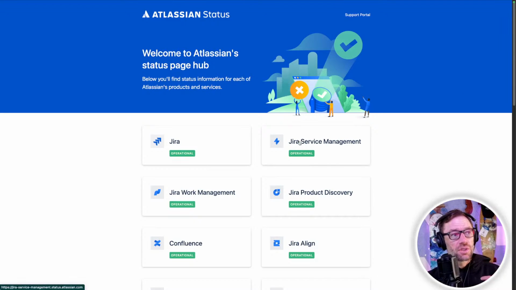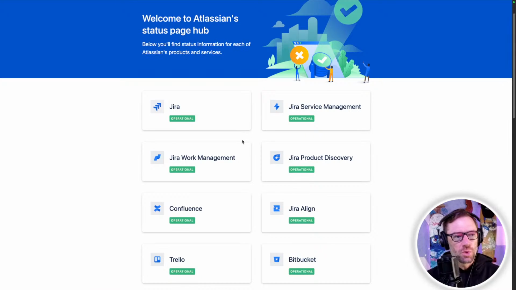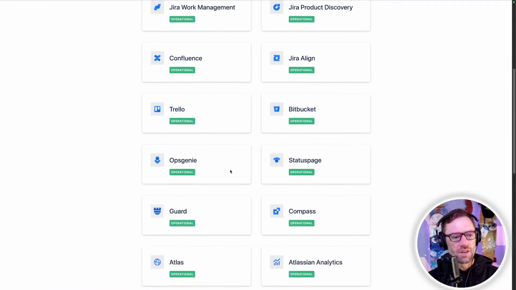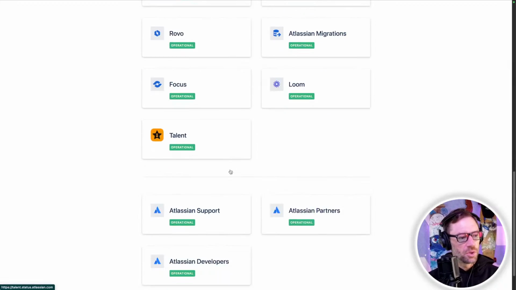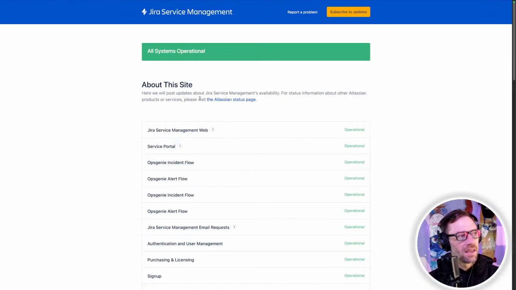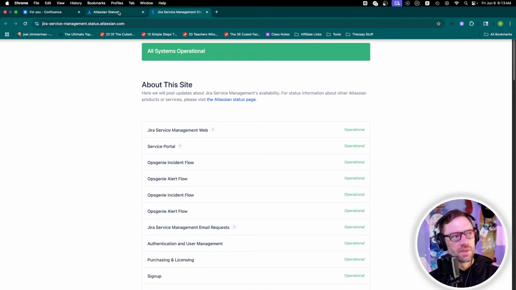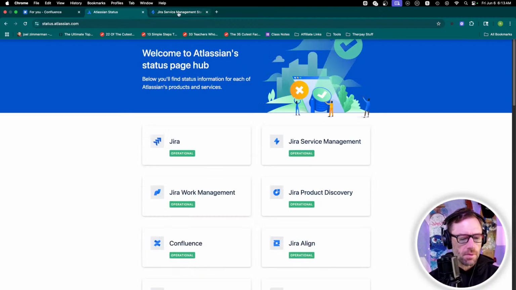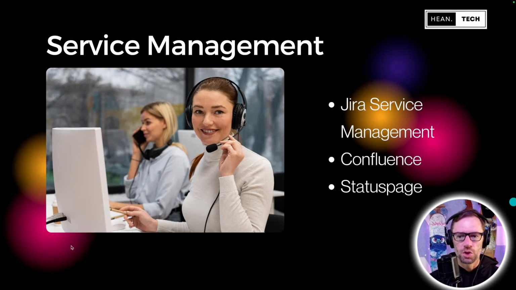But this page is called Status Page, and it's just a widget that they have that ties into all of their products. And if one of them goes offline or has problems, this will change. None of them happen to do that right now. But I can click into these and get more information. And so Status Page is part of that service management bucket because it helps our customers understand what's going on.